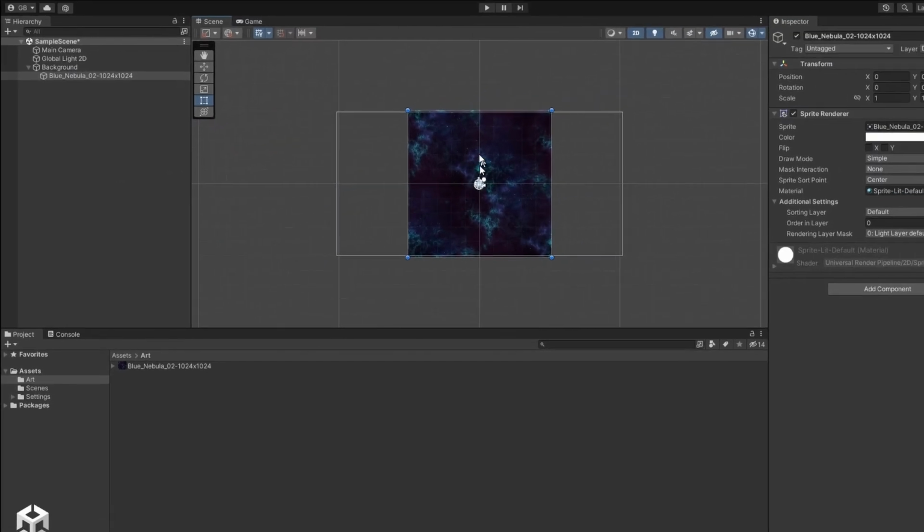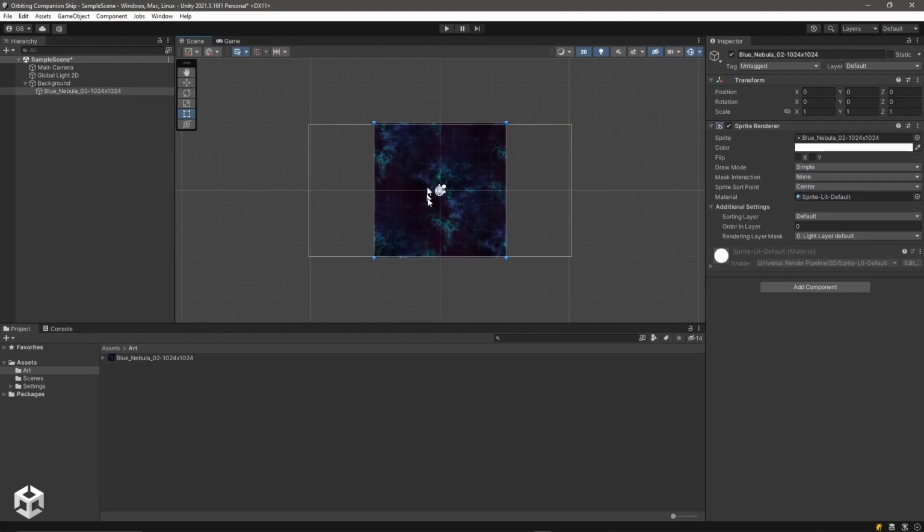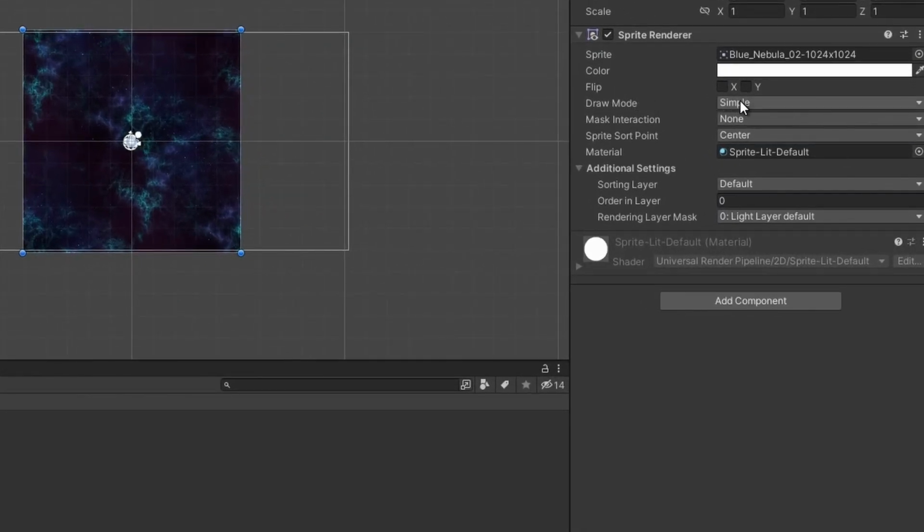Now what I want is a tileable image, and since this image is seamless, I can tile them right next to each other, and it'll look like you're just flying across a big body of space, and these nebulas will float by. So to make that work, we change it from